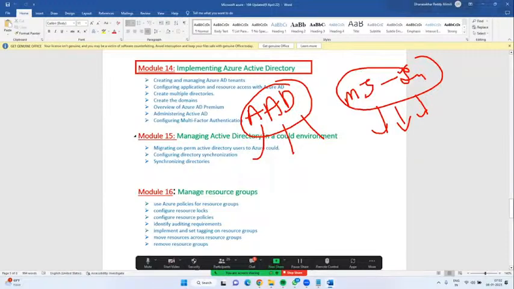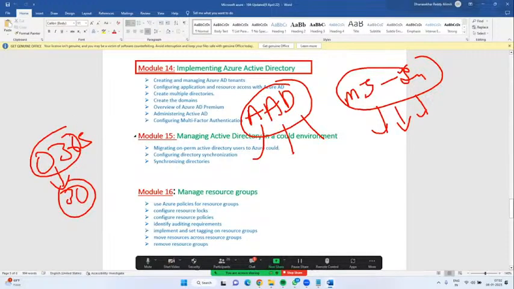Active Directory. Active Directory only. You know the Office 365 component, right? I said around 30 plus components. Total Office 365 has been integrated with what? AAD only, guys. Azure Active Directory.